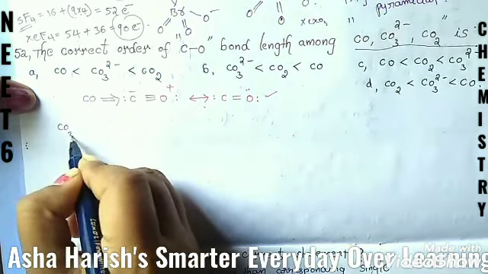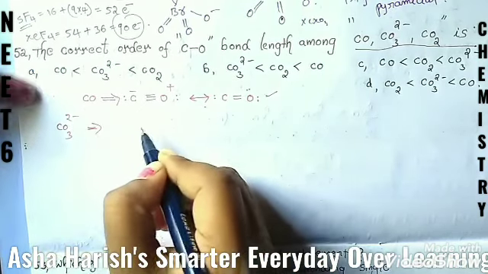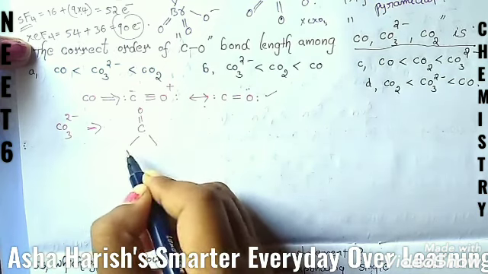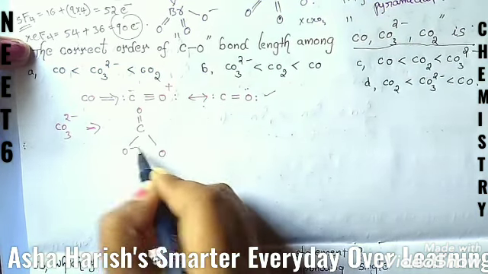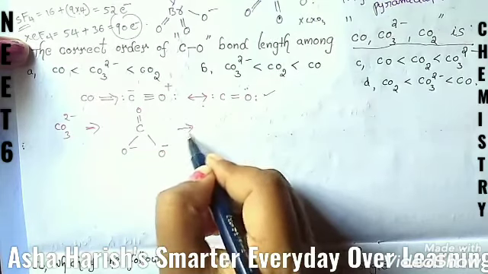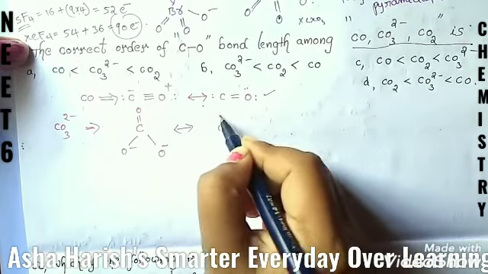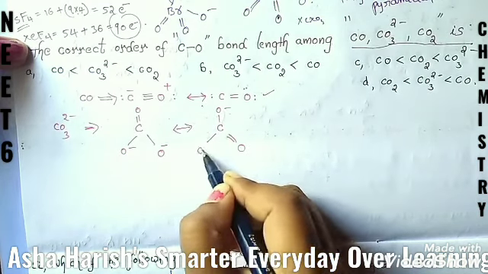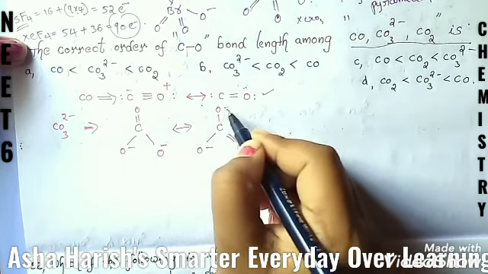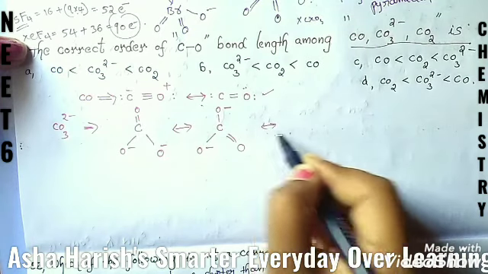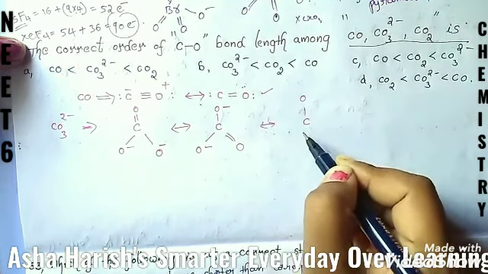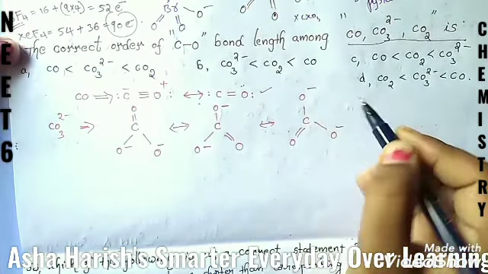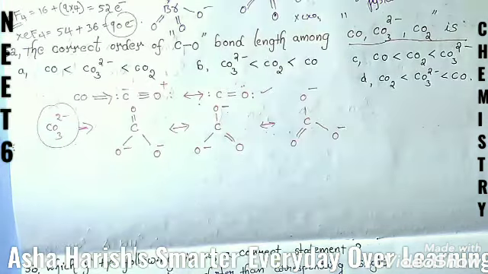And for CO3 2 minus, this is the central atom C, here a single O, and here two O's. The charge is 2 minus, that means we can indicate it like this, and this also we can represent like this, oxygen here, and here one oxygen minus, here also minus. And students, the next type is C double bond O, here single bond O minus, here minus. This is about CO3 2 minus.